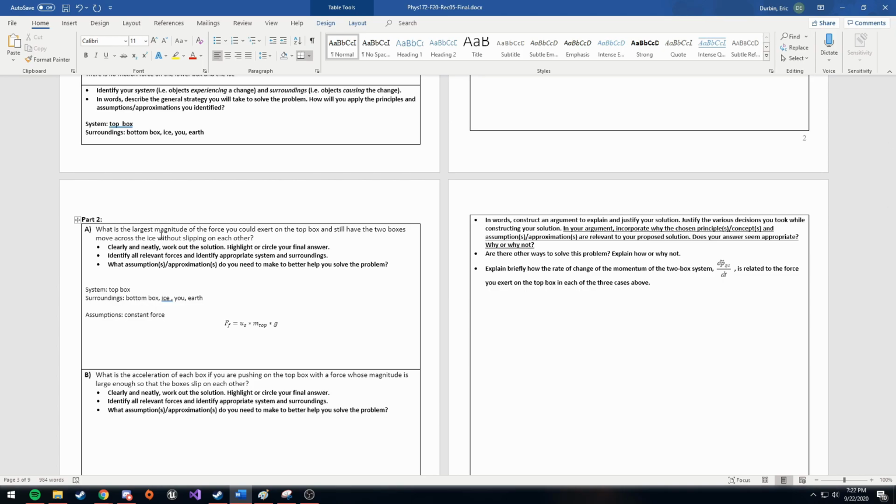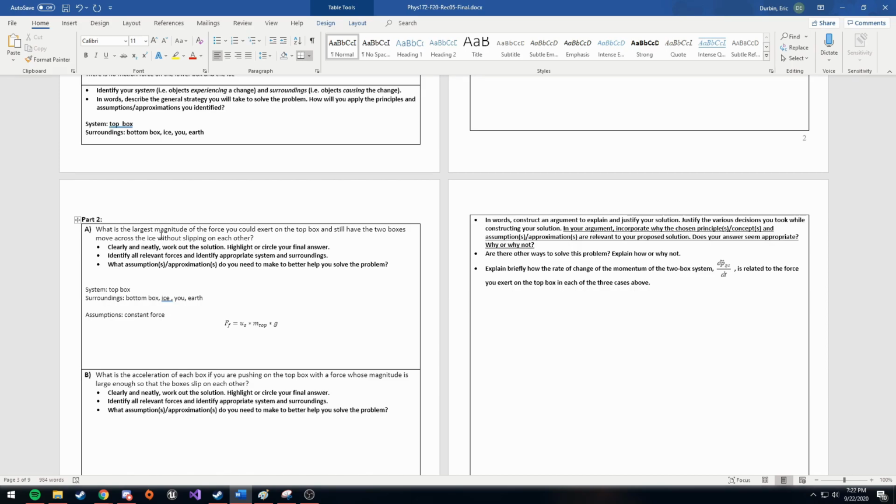If you want them to be stuck together and you're only applying a force on the top box, then obviously you're concerned with the frictional inequality, or whether the force exceeds the frictional force. Do you have to be concerned with the frictional force of the bottom box at all?